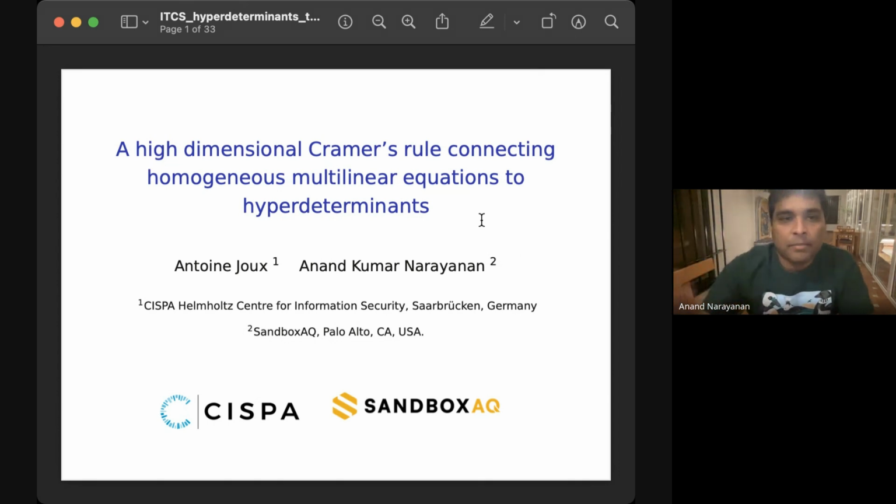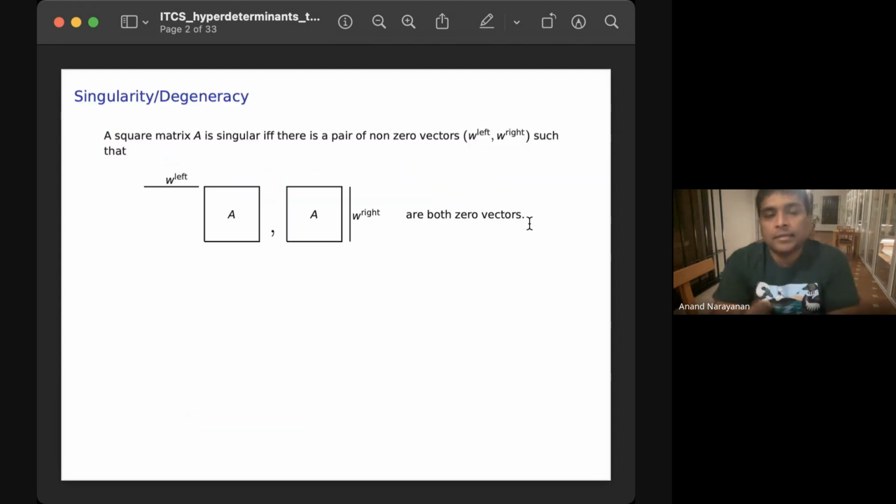Hello, I'm Anand from Sandbox AQ, and I would like to present joint work with Antoine Jou on solving certain multilinear equations. We need a couple of definitions before phrasing the problem, but let's begin by staring at a very